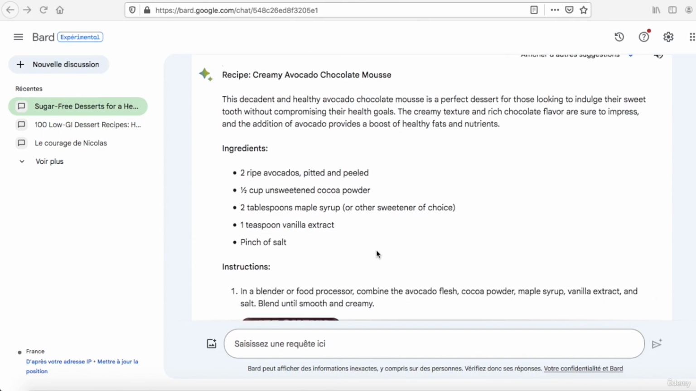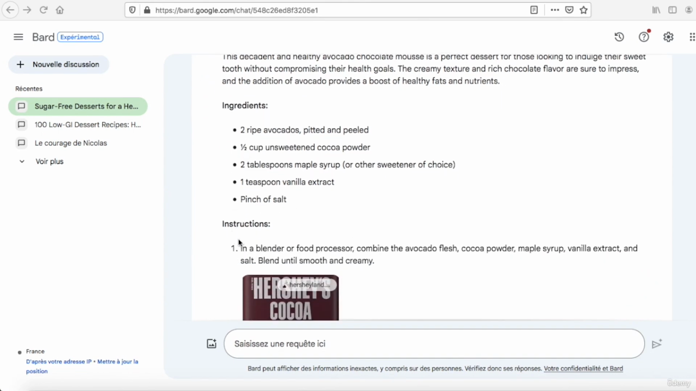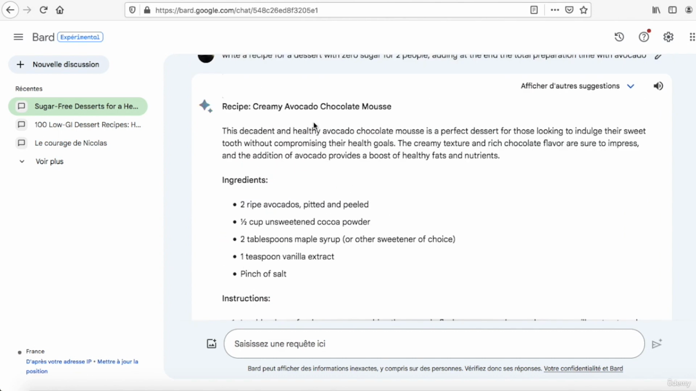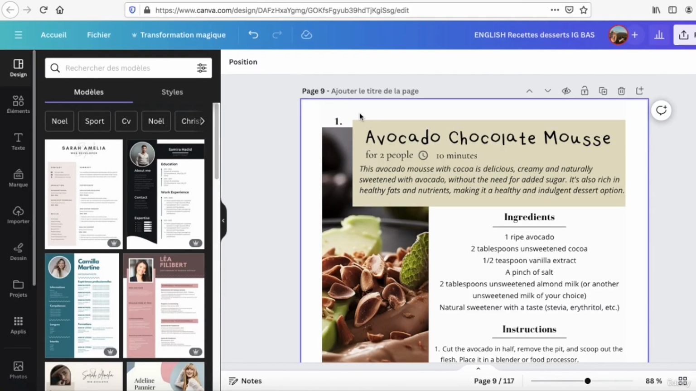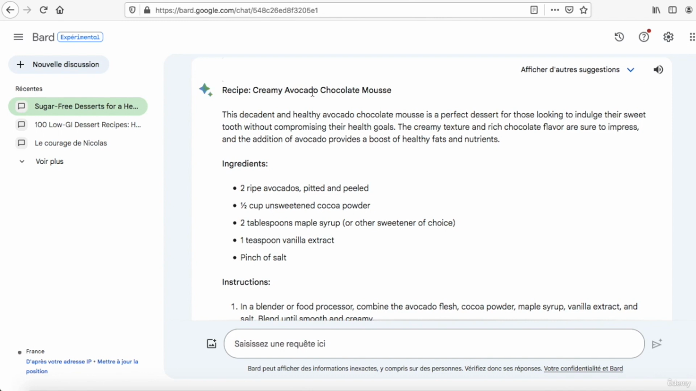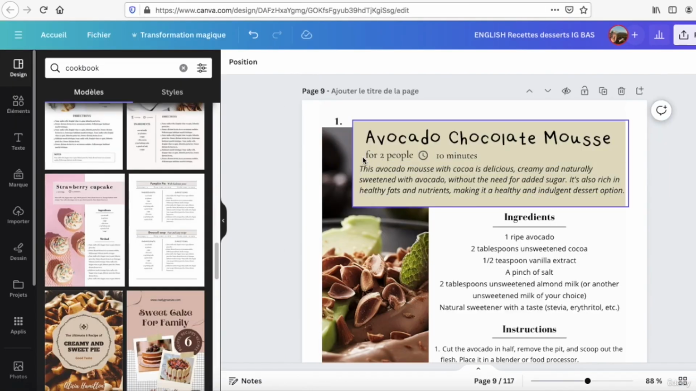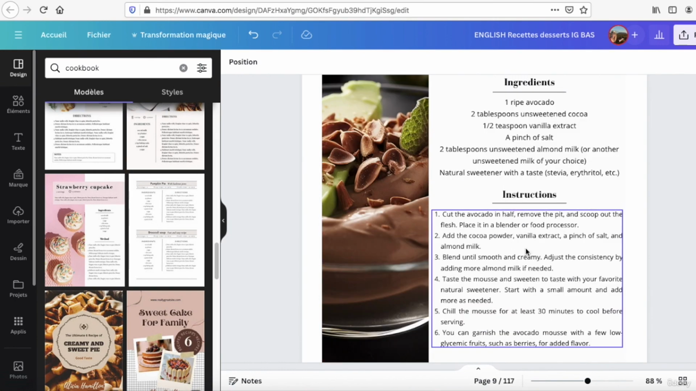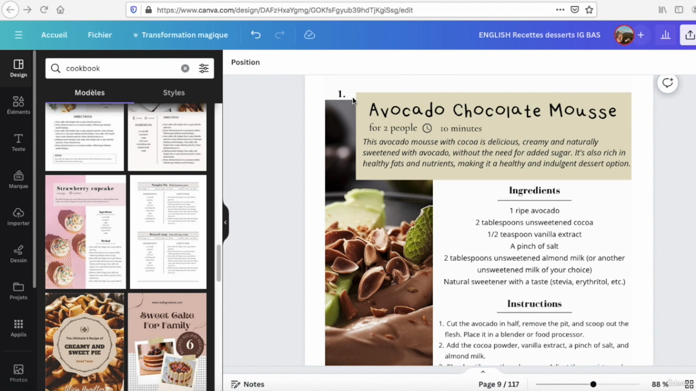Here I have my recipe with the ingredients and the instructions, and the total preparation time 15 minutes. So it's for 2 people. So here I have done this to avoid doing everything with you. I used the same template here, and I will show you how to generate this picture. I have put avocado chocolate mousse here for 2 people, and I have copied and pasted this recipe. Obviously I won't do all the book with you, but I show you just the first page for the moment,